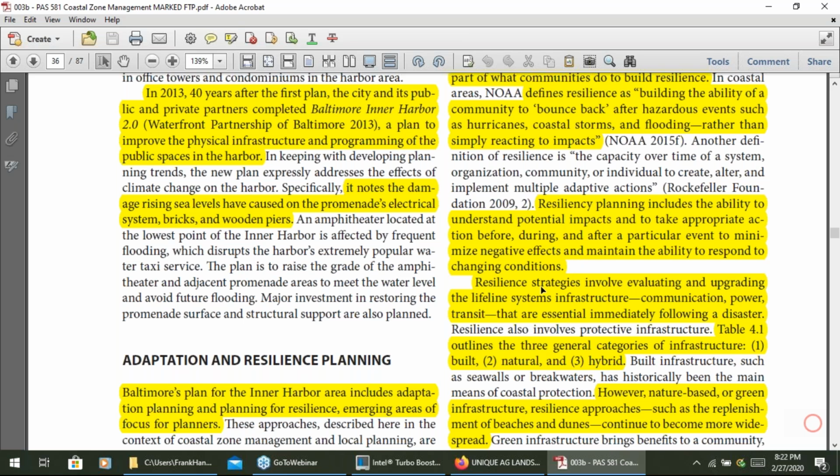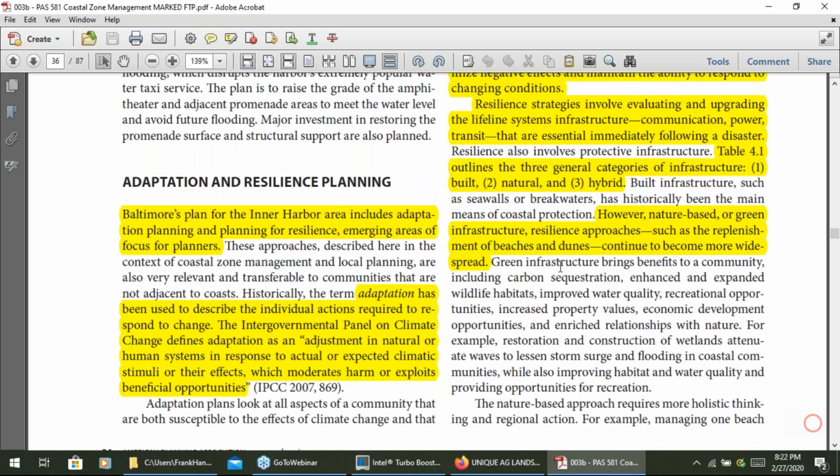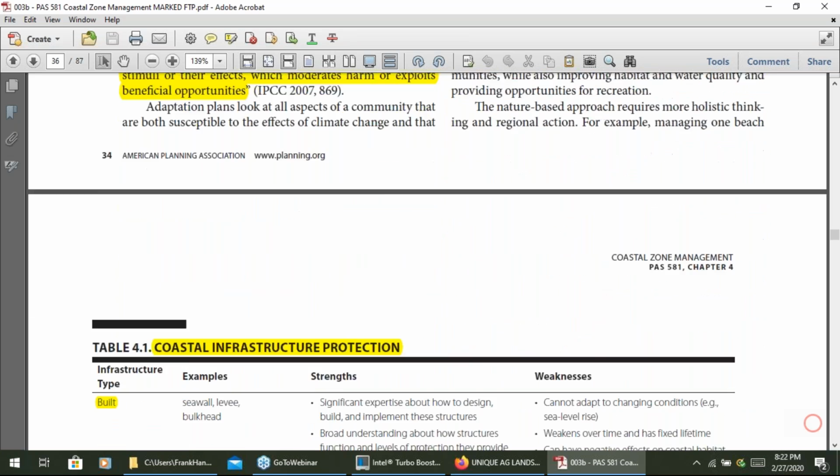Sometimes it's used even more expansively than just climate related. Resiliency is used for more than just climate change.